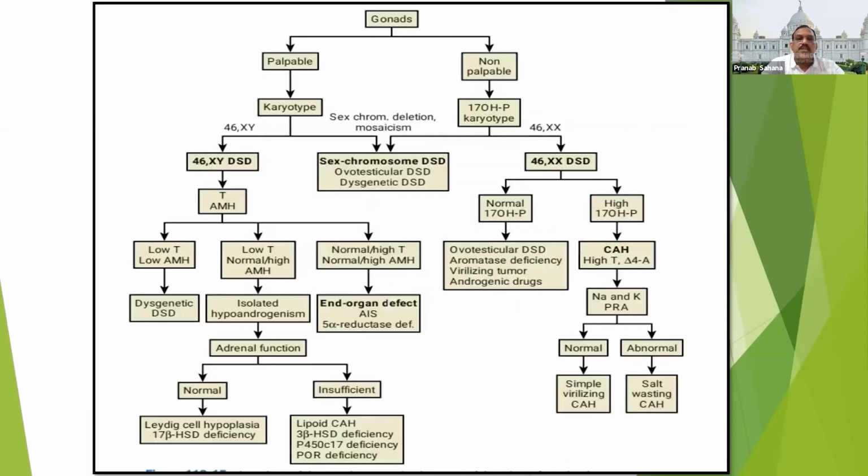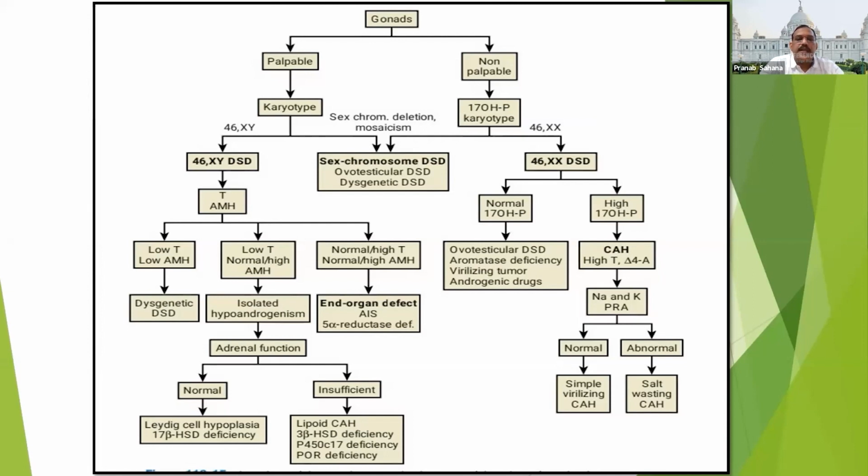Now, if gonads are palpable and the karyotype is 46XY, then there is a high probability of 46XY DSD. However, gonads may not always be palpable. There can be undescended testis or fetal testicular regression in 46XY DSD also. So AMH can help, because a low or undetectable AMH can suggest dysgenetic gonads, that is, gonadal dysgenesis. However, if it is normal, it is not much help. And then there are other tests which can identify different blocks or biosynthetic defects.